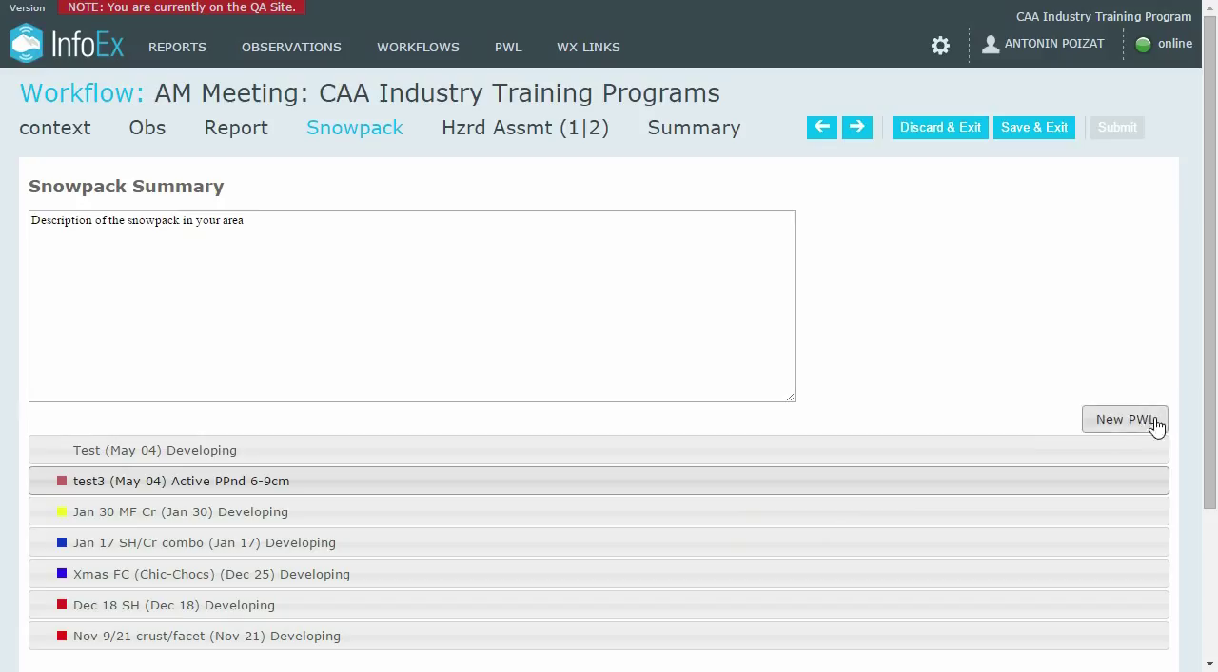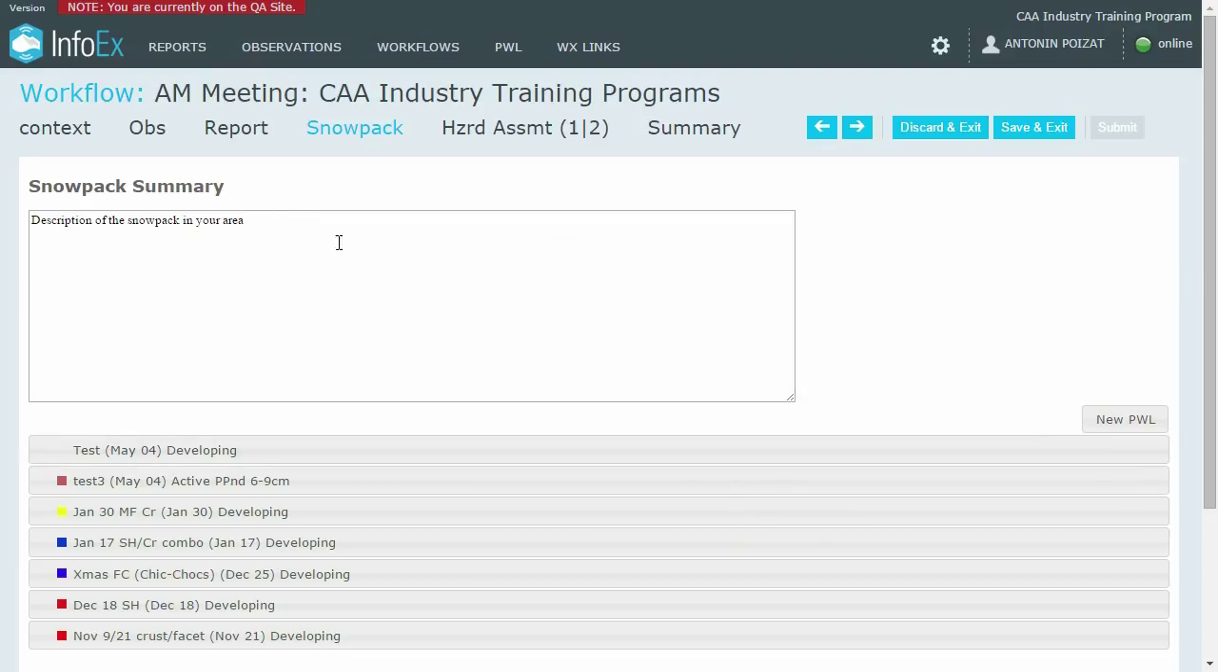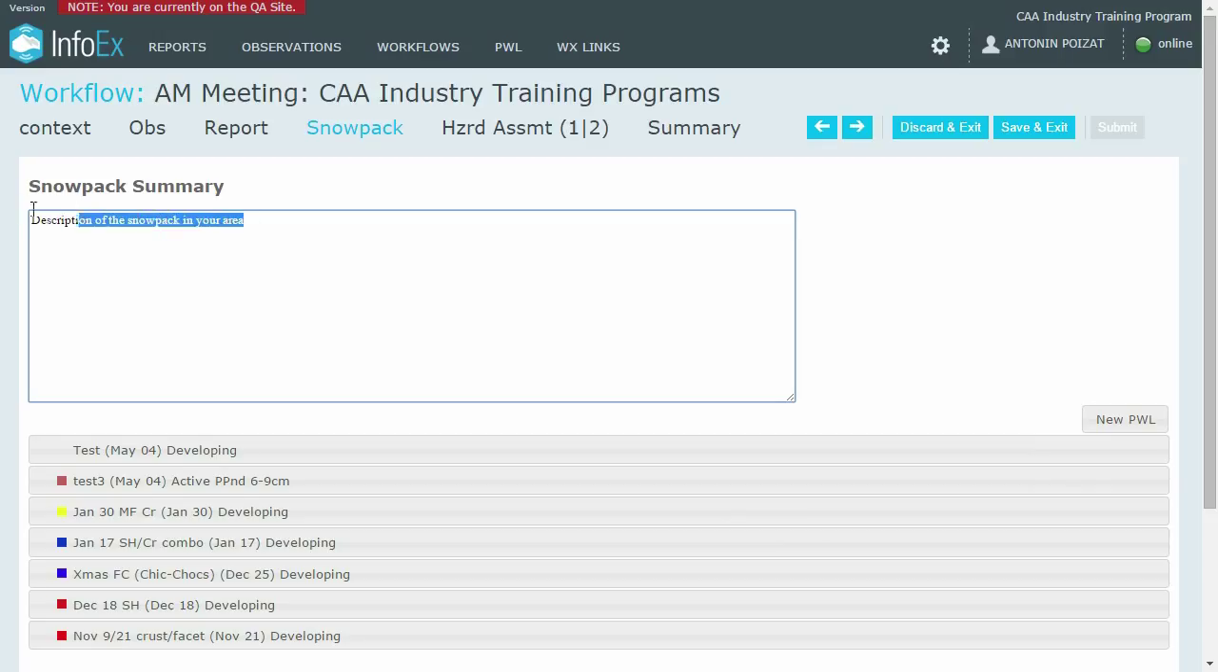To add a new PWL, you can click on the New PWL button here and you will get a pop-up. For efficient data entry, the content is automatically pre-filled from the last time you did a workflow for Zone 1 here. You only need to edit the paragraph or the PWL information to reflect any changes since your last